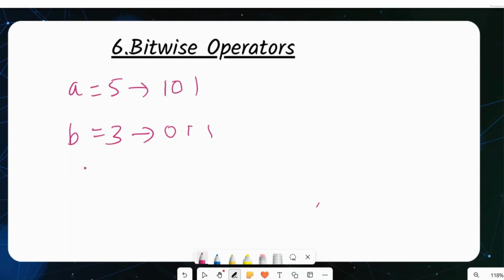So this is the right shift operator. I want to shift A to the right by one position. Let's say the initial binary representation of A is 101. I want to shift the bits one position to the right. Right side means this side, right? The 1 and 0 would come here and 1 would come here. It means we are simply erasing this because there is no